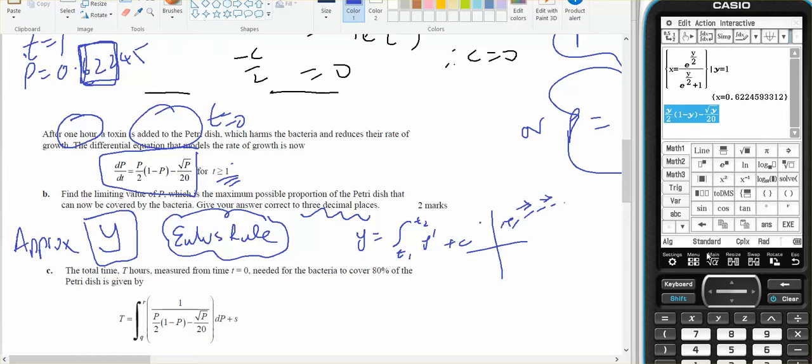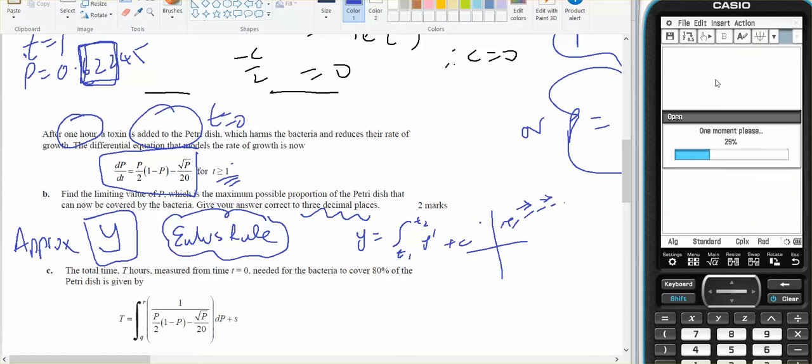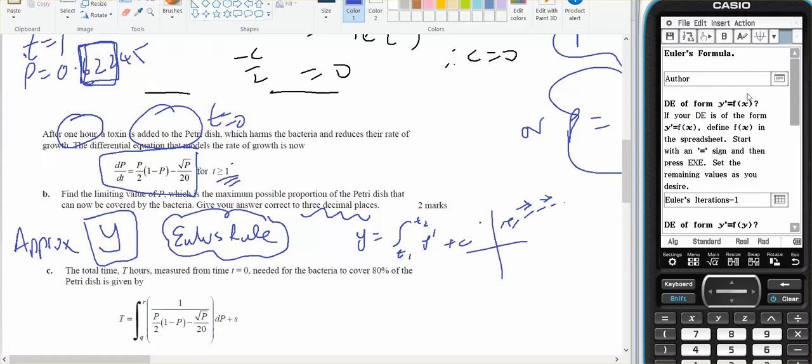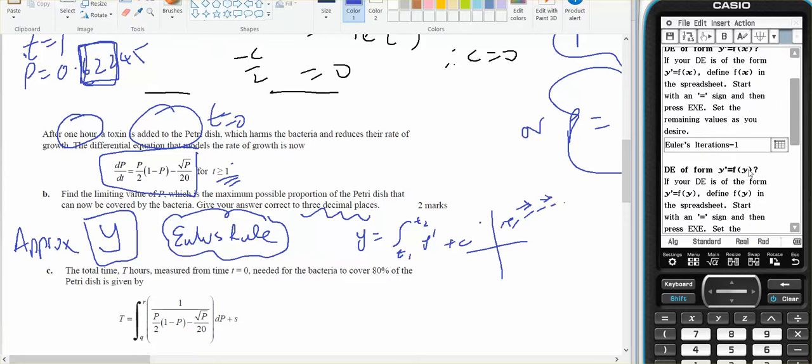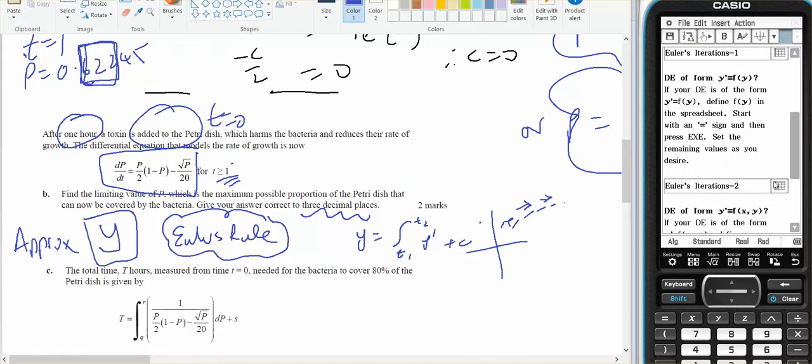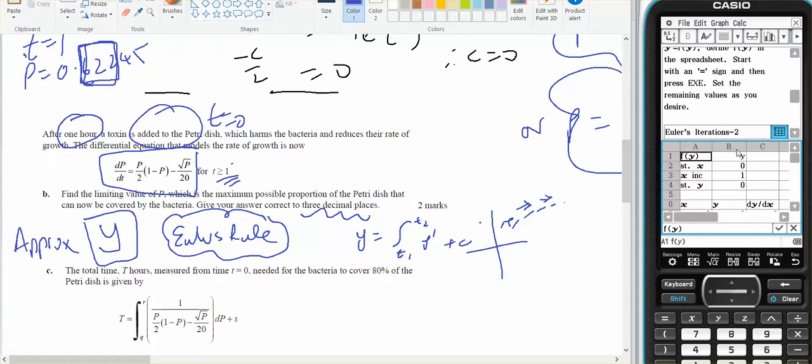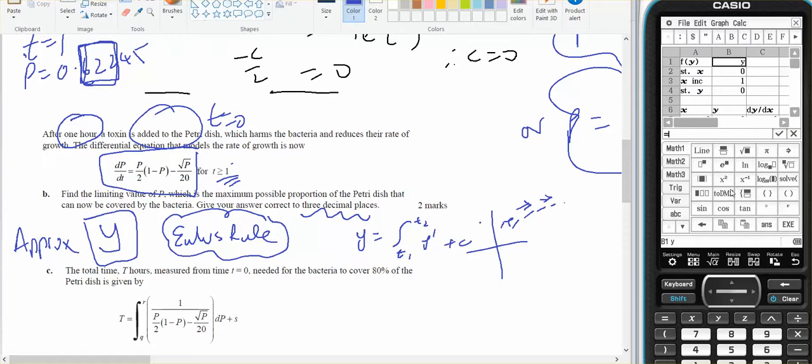So if I go menu, E activity, I go into Euler's formula, it's already there. I'm looking for y dash equals some function of y. I go into it. Where I have y, I put paste, execute, x starting at 0, increases every year, y starting at 0.6224,